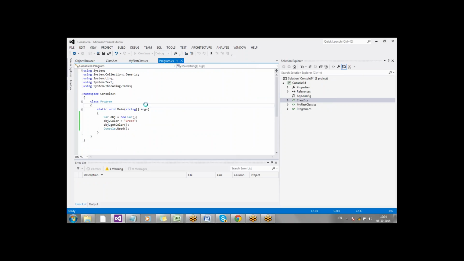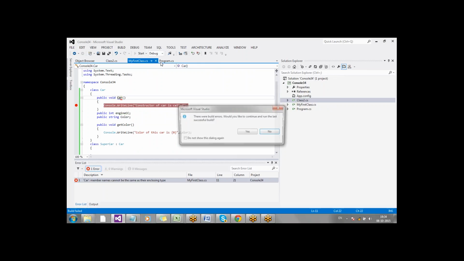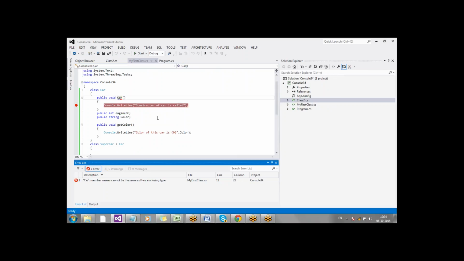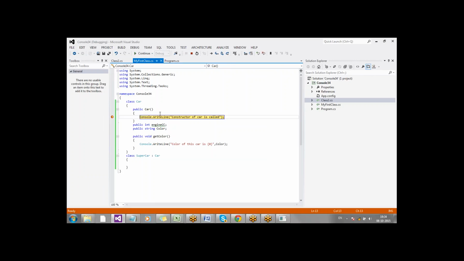Okay, one second. I think the name is different. Member names. Good. Is it getting called now?